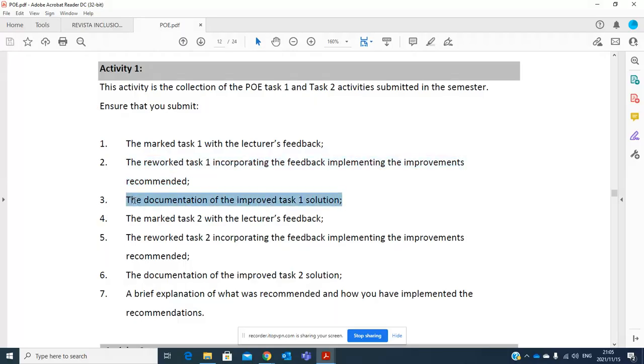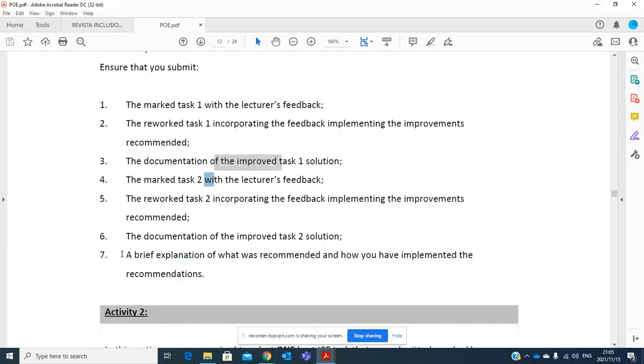In the documentation, you will just let us know which questions you have corrected. In other words, if you have corrected 2.1.1.1, you will document that you have corrected 2.1.1. You do the same with task two.